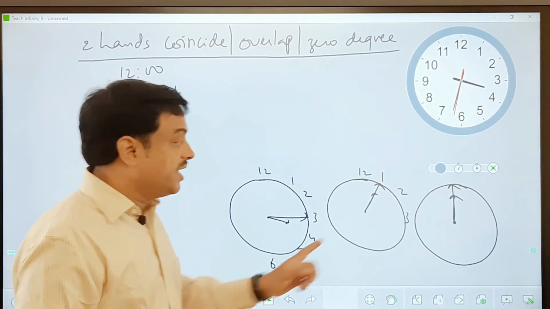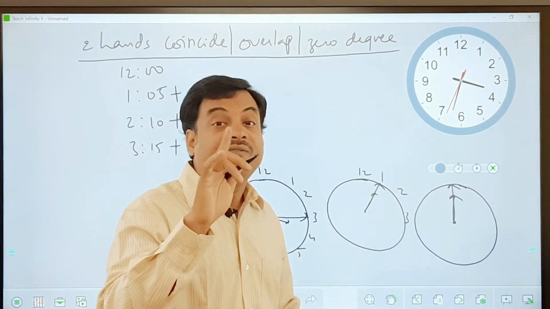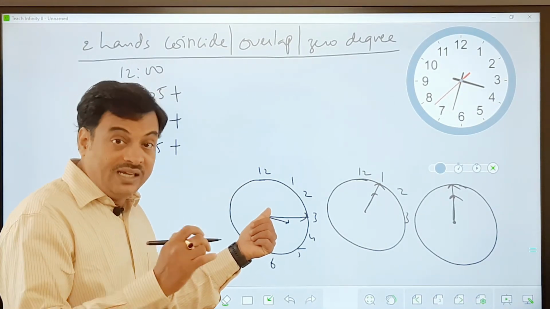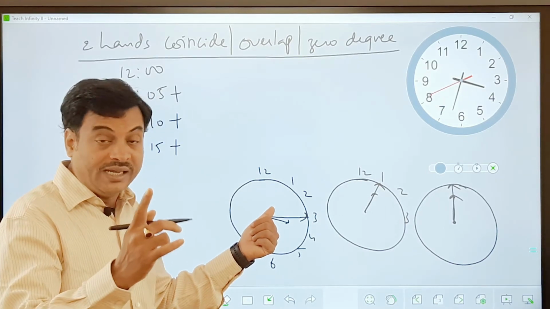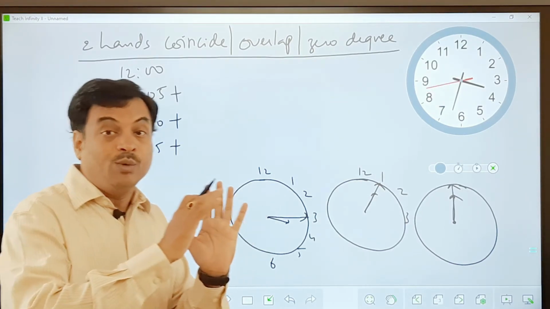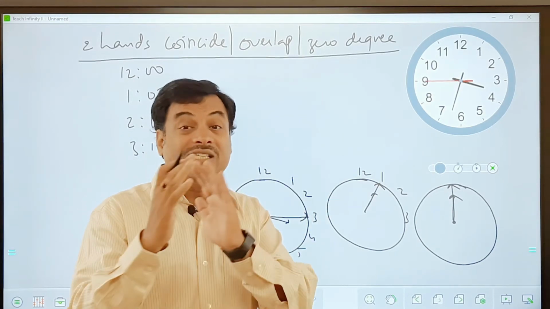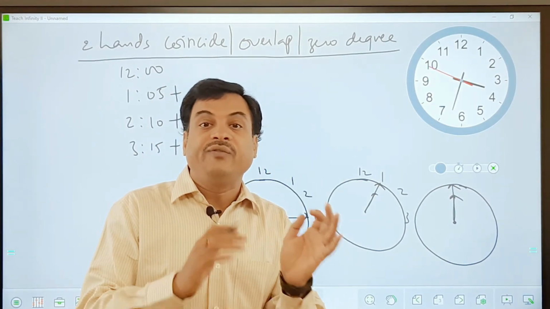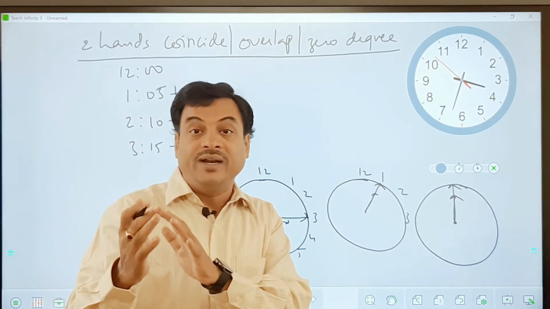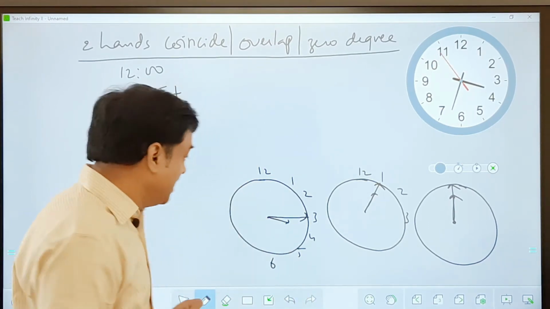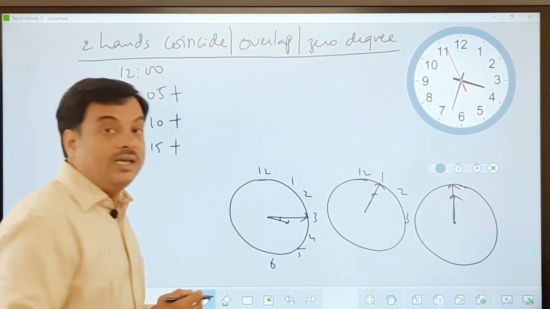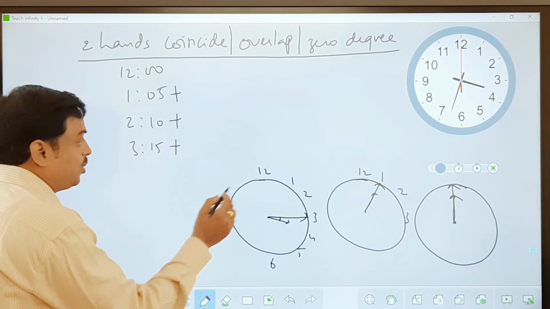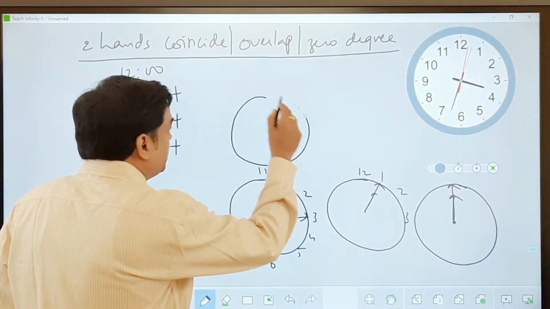That gap is because the hours hand is moving half a degree every minute. So when it is 3:15, from 3 o'clock to 3:15, if you imagine, it is moving 15 minutes. The hours hand is moving for 15 minutes, and that will take half a degree 15 times. Half a degree 15 times is nothing but 7.5 degrees. So here the gap between the two is 7.5. I'll take one more figure to quickly make you understand this. Observe this, all of you.